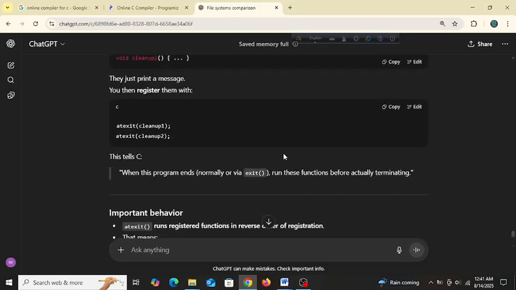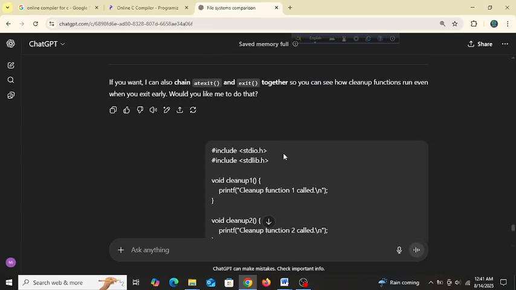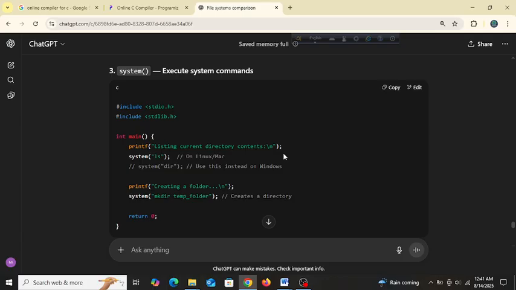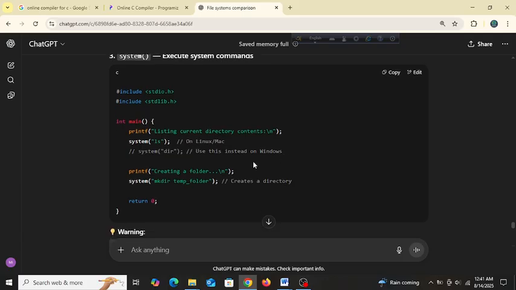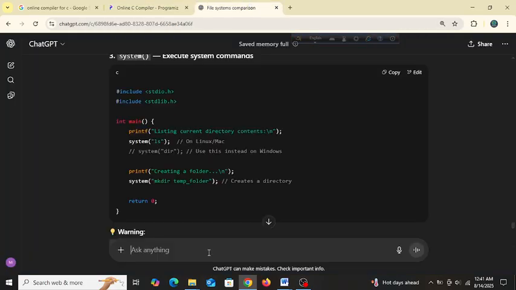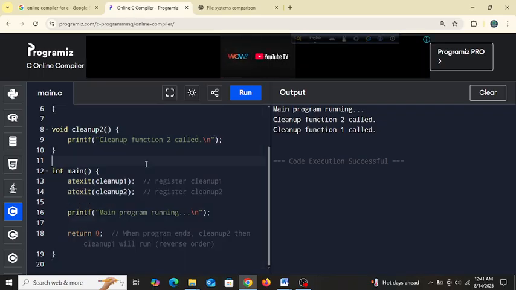Okay, so we have another function, we need to learn about that too. system. Okay guys, execute system commands. Okay, so printf listing current directory content, system on Linux. Okay, system creating a folder. So let's see, these are the files. Maybe hardly needed, but...